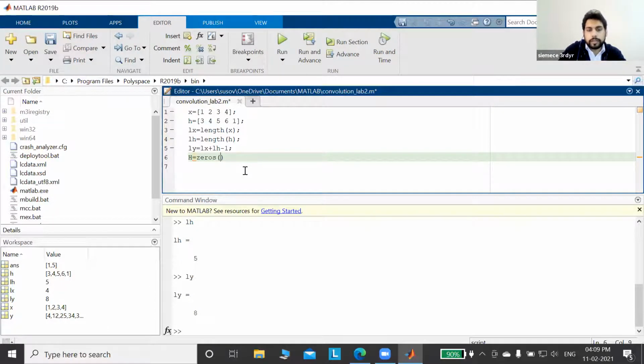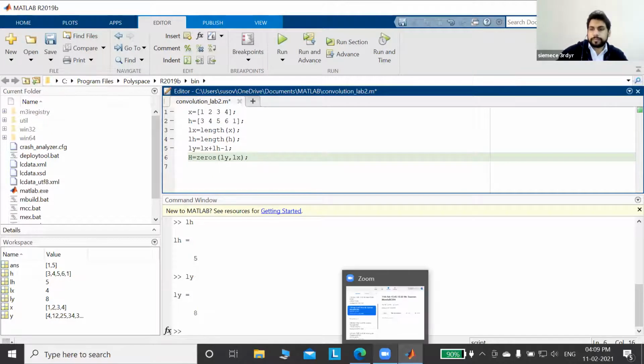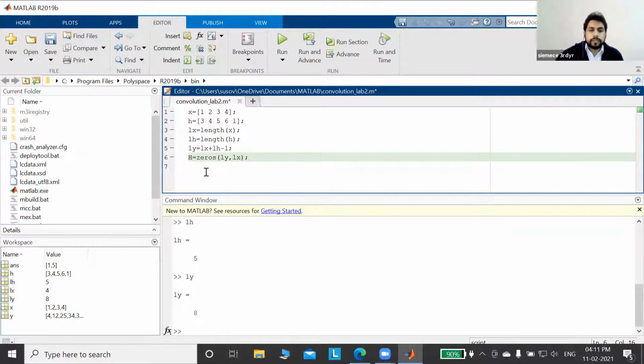What will be the size of the capital H matrix?